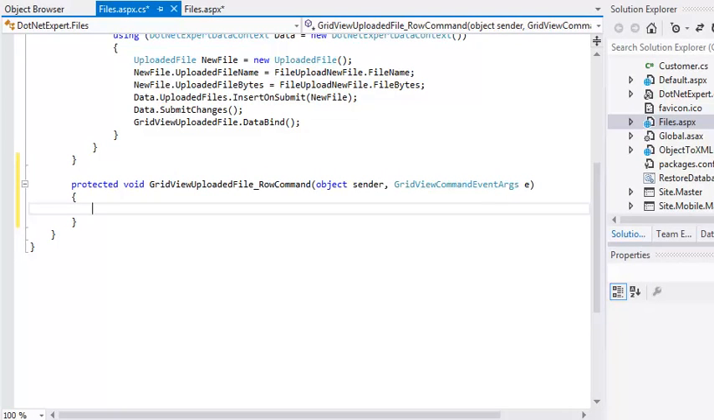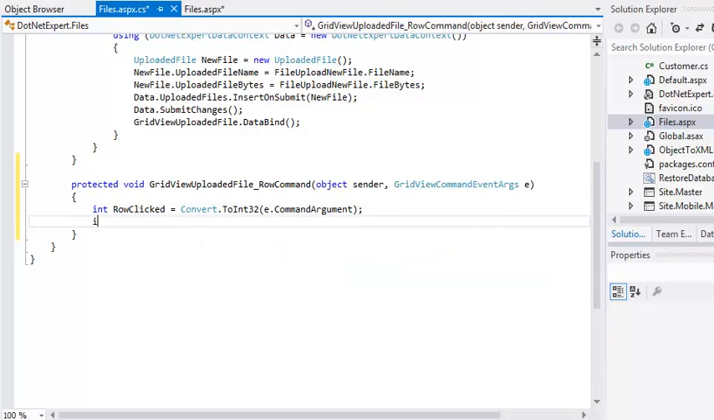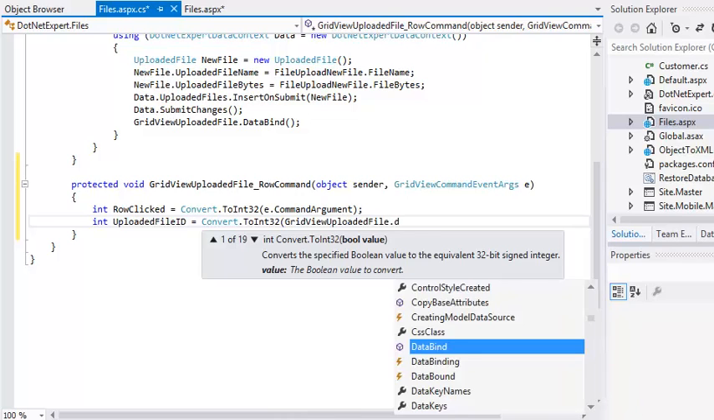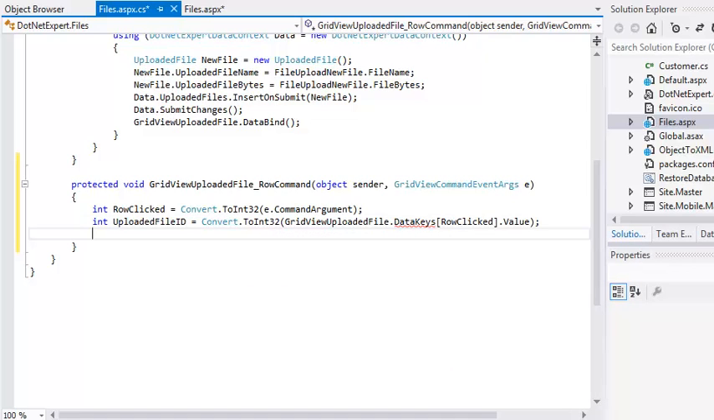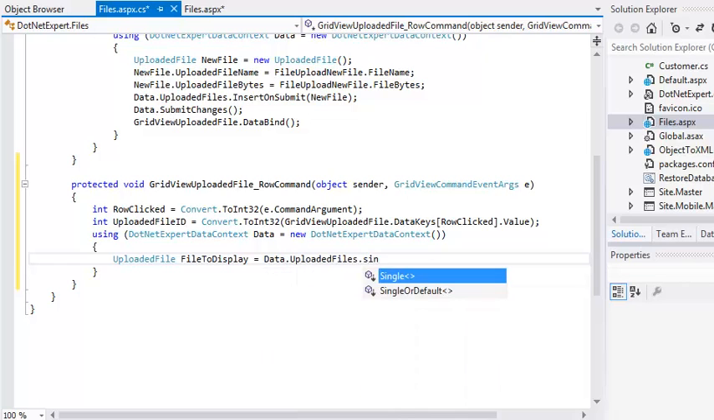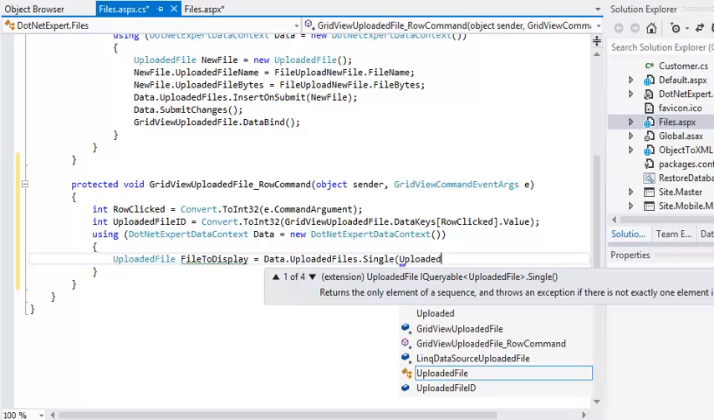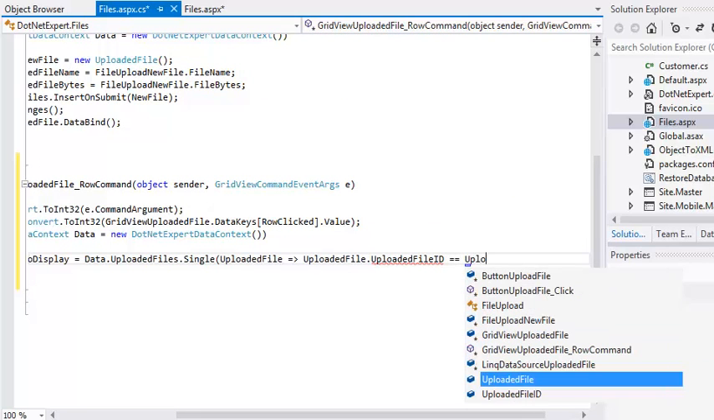Now add the following code to the new event handler. int rowClicked = Convert.ToInt32(e.CommandArgument); int uploadedFileID = Convert.ToInt32(GridViewUploadedFile.DataKeys[rowClicked].Value); using (DotNetExpertDataContext data = new DotNetExpertDataContext()) { UploadedFile fileToDisplay = data.UploadedFiles.Single(UploadedFile => UploadedFile.UploadedFileID == uploadedFileID);